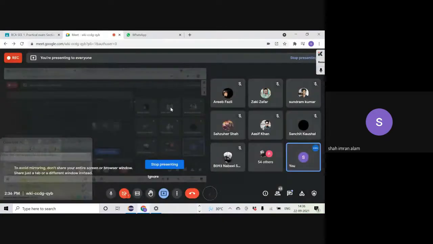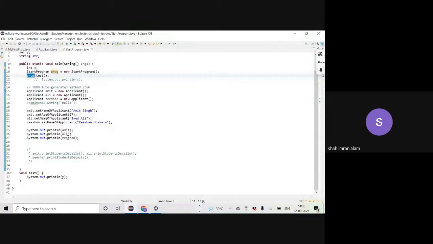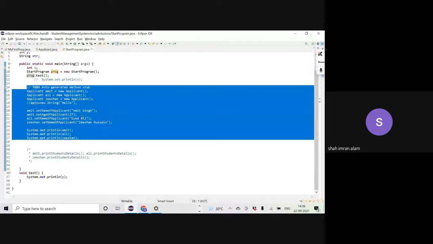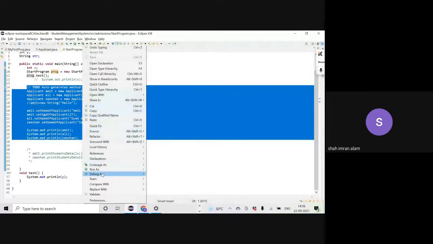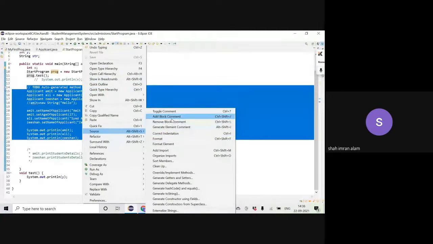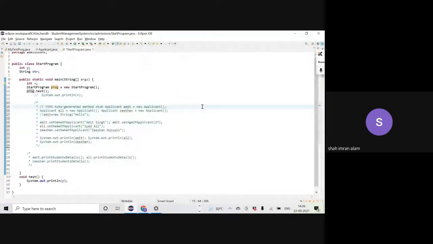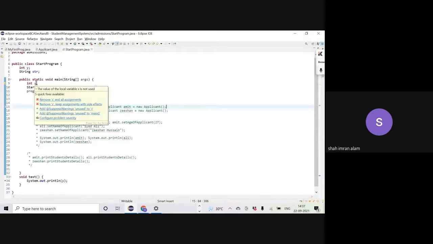So what output should we expect here? Let me put all this code in a block comment, via source and add block comment. All we have is this small code where I have declared a variable x, a method local variable, but I have not initialized it.